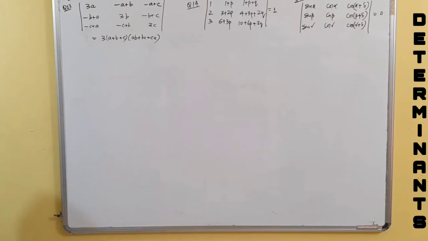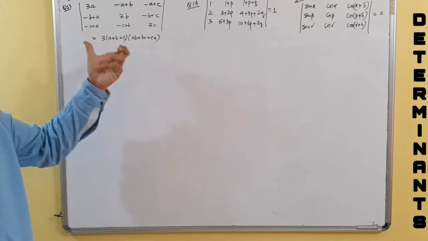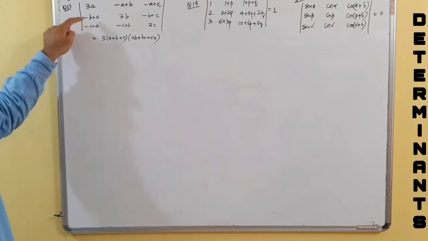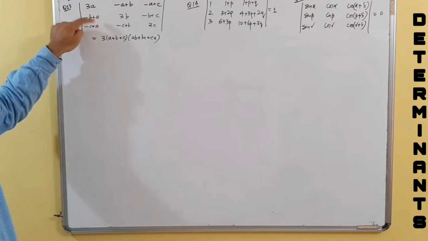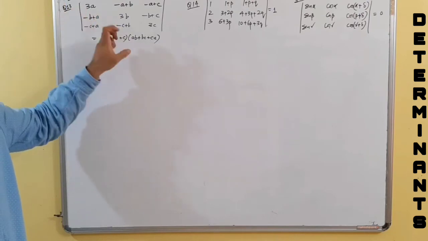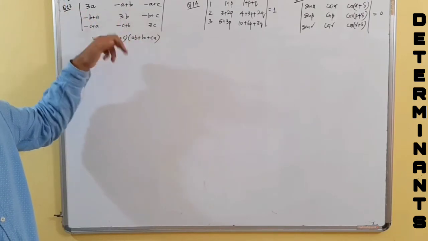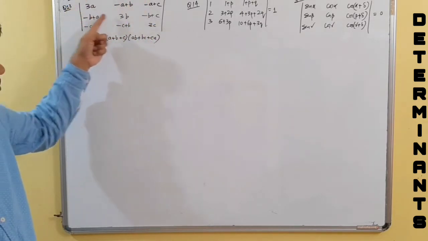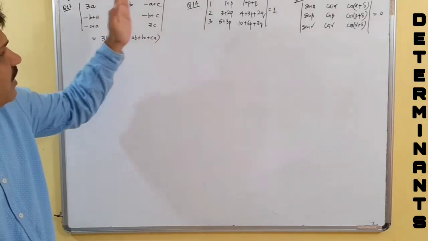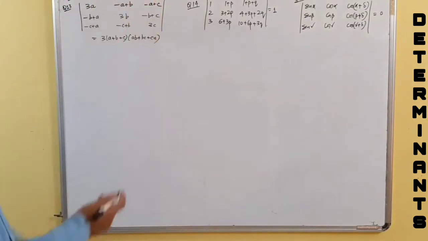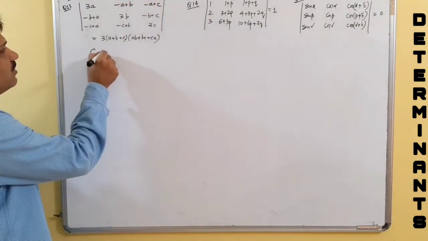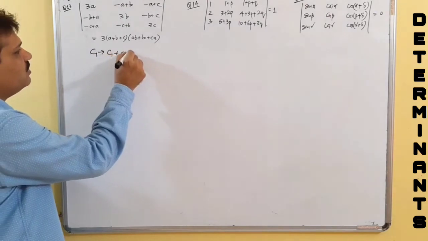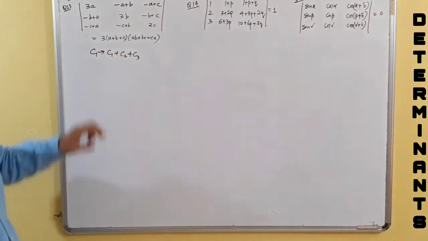So if we try to add all rows or columns, let's see what happens. This will give 5A minus B minus C, so it will not work. It will give us 5B minus C. These are not equal. But if we try to add all the elements of a row, that is, if we apply transformation in column, that is C1 becomes C1 plus C2 plus C3 in all the places.